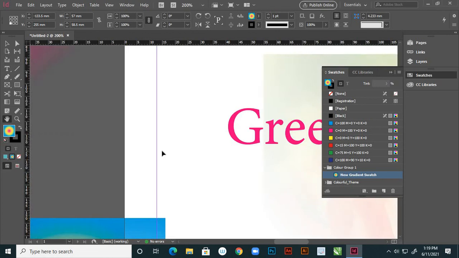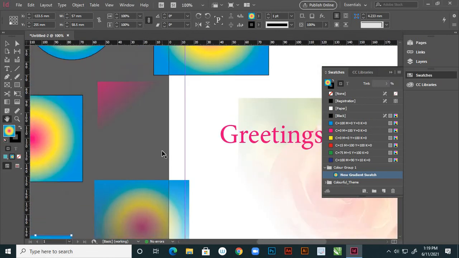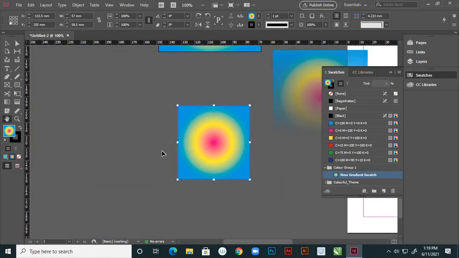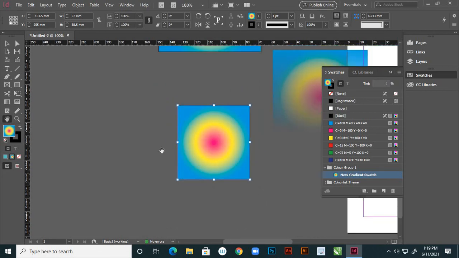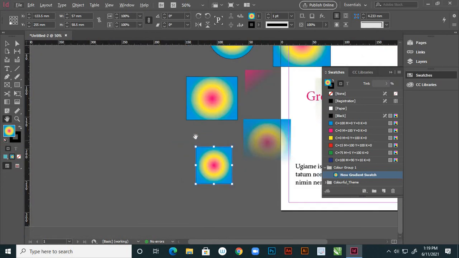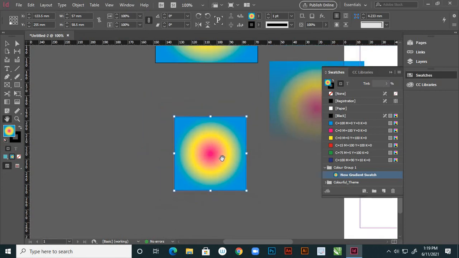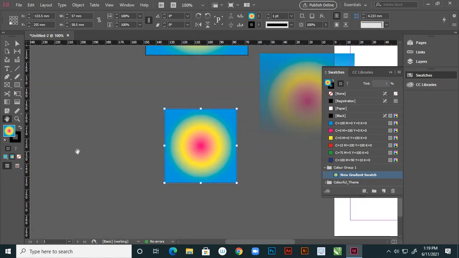Control and minus I'm applying on keyboard, and here it is Control plus, it's zooming in, and this is zoom out. One more option is by pressing Alt and using your mouse middle scroll, you are getting zoom in and out, right?